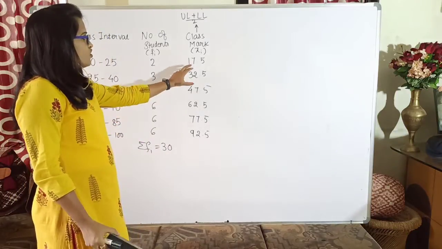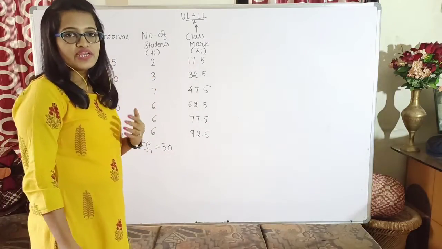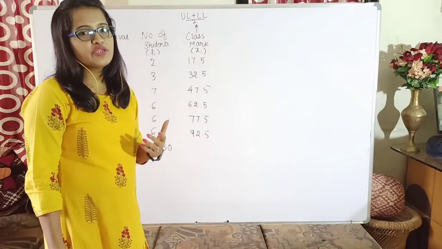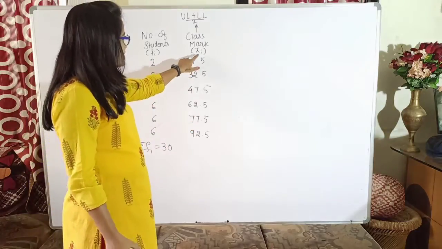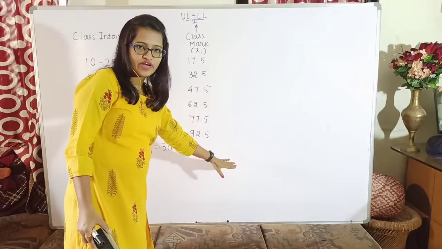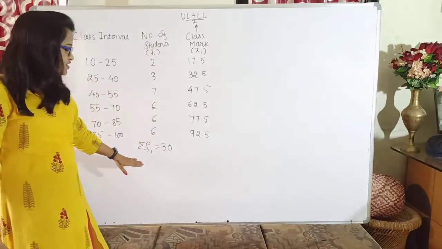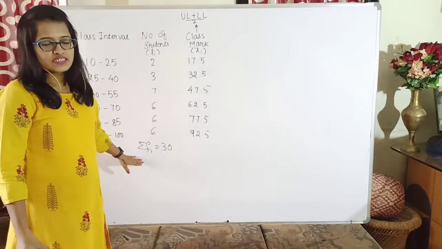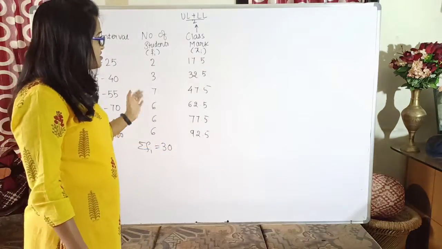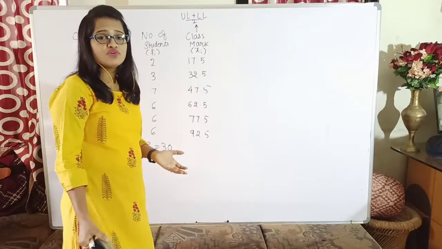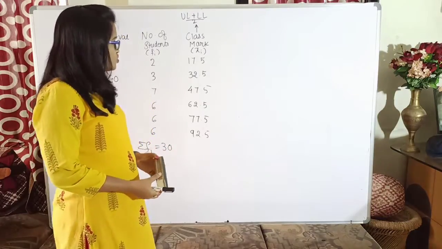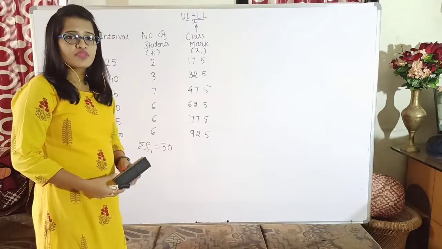When the values of xi and fi are very large, the multiplication values will be very big, isn't it? Because you are multiplying xi with fi. By the direct method, we used to multiply them, find their summation, and then divide it by the summation of frequency, isn't it? But what if the values are very large? In that case, the multiplication will become more tedious, or the values will be very big. So, what can we do?